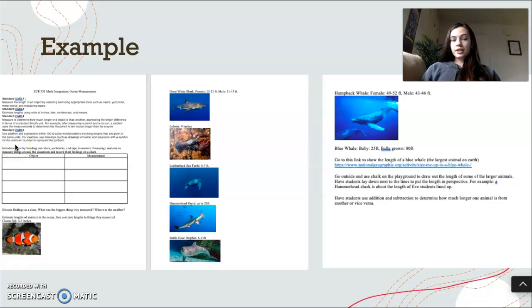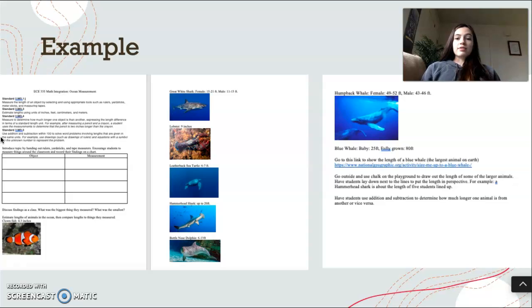My theme was the ocean, and I decided to do a measuring standard. And so students could measure things around the classroom, and then we were going to talk about measurements of different ocean animals. So I have on here different animals and pictures of them and their measurements, and then I have where students can go outside on the playground, and with chalk they can draw out the length of some of the larger animals to help them solidify that more abstract size.